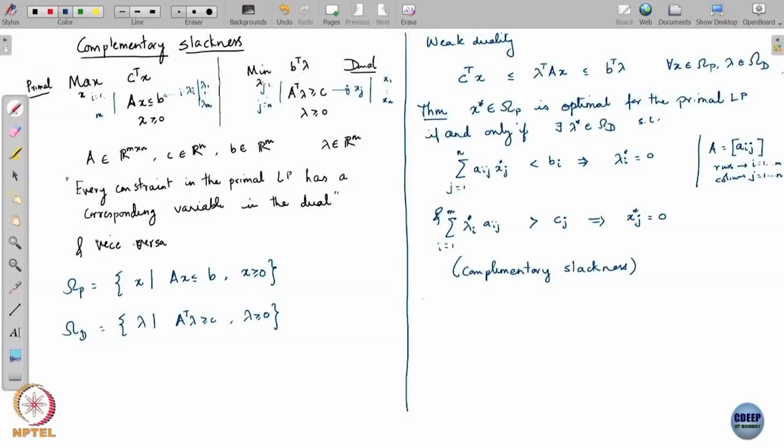Okay, so let's just do a proof of this. One convenient way of writing this particular condition is to simply write lambda star transpose (Ax minus b) equals 0. Now, why can I write it like this? The reason is because I know that